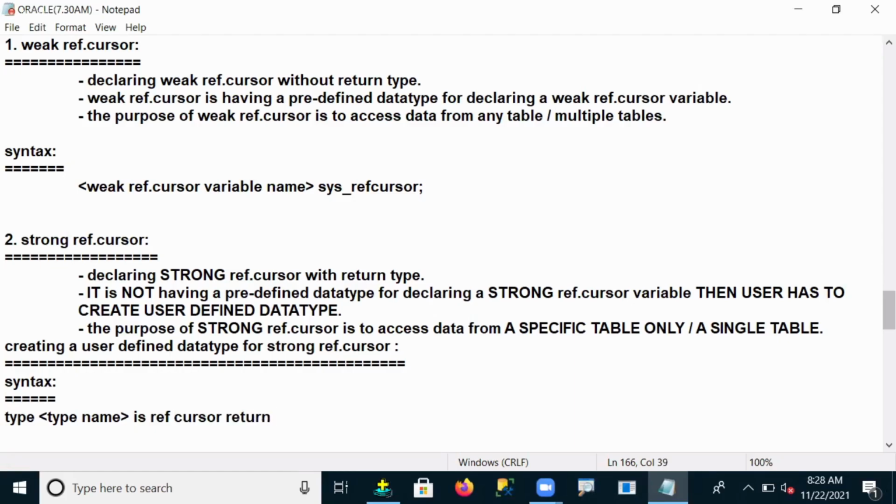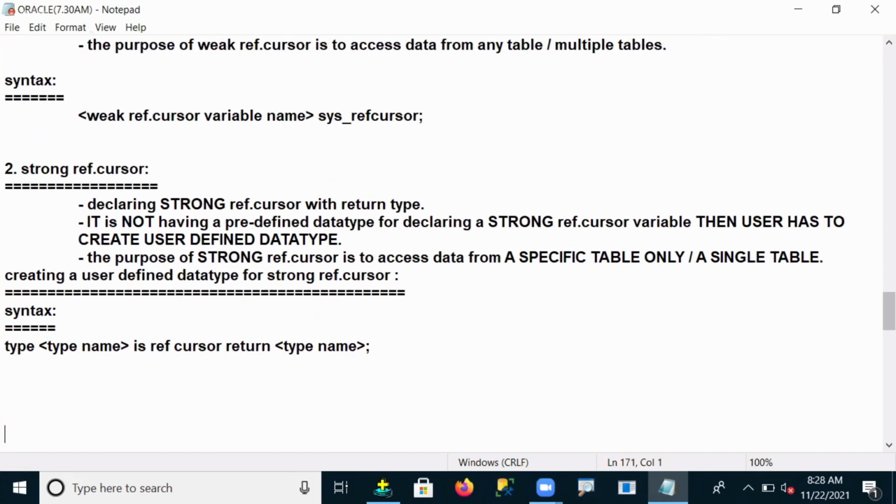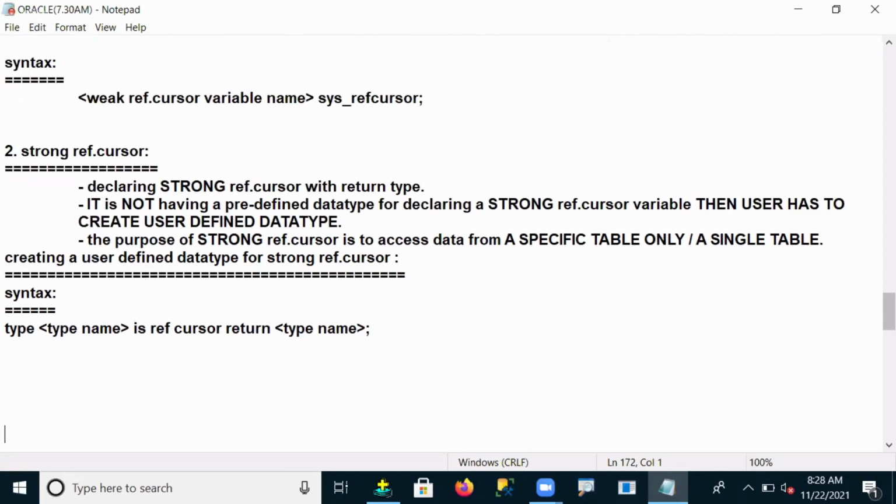Return type must and should be there, followed by the type name. Because I said strong ref cursor requires a return type, this is the return type I'm using. This is how to create the user defined data type.